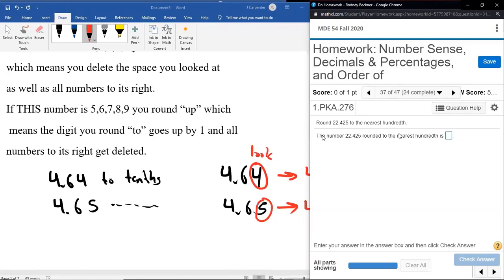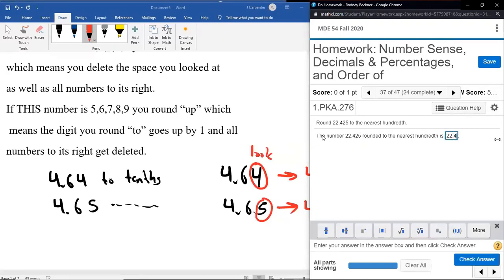Round to the nearest hundredth. So last time they called it to 2 places, this time they called it to the nearest hundredth. That actually doesn't change the problem at all, you just have to know the names of your placeholders, something that's important to have. So 4 is in the tenths, 2 is in the hundredths, so the 2 says we round down. They're not always going to be round down, these are randomly generated. It's just kind of funny it worked out that way. So the 2 and the 5 go away and we're left with 22.4.